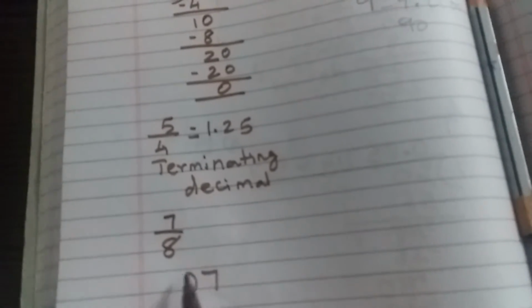Okay, so like this we'll see another example, 7 by 8. So what do we do? 7 inside and 8 outside. Now in division, the number inside should be greater than the number by which you are dividing. This is dividend and divisor. Dividend should always be greater. But here 7 is less. So we cannot divide 7 by 8. So when you cannot divide, what do we put? The quotient is 0. And we have to take the next number.